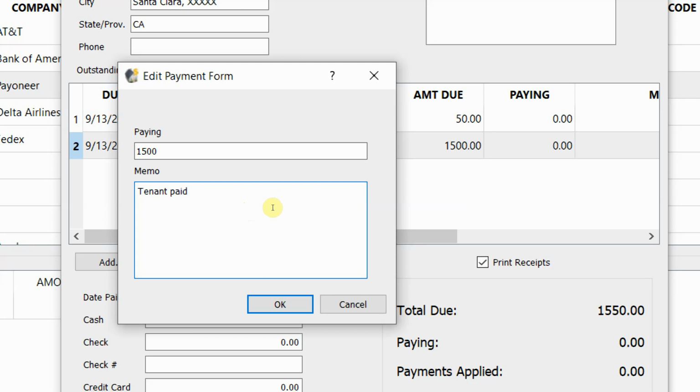Tenants paid us. Oh, okay, payment was made. Payment was made in cash. Okay,